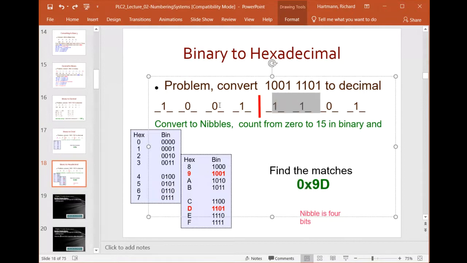Now, these 4 bits are referred to as a nibble. Okay, so any 4 bits grouped together is considered a nibble. And then 8 bits are considered a byte. And I'm sure you're aware of, right, if you go out and you buy